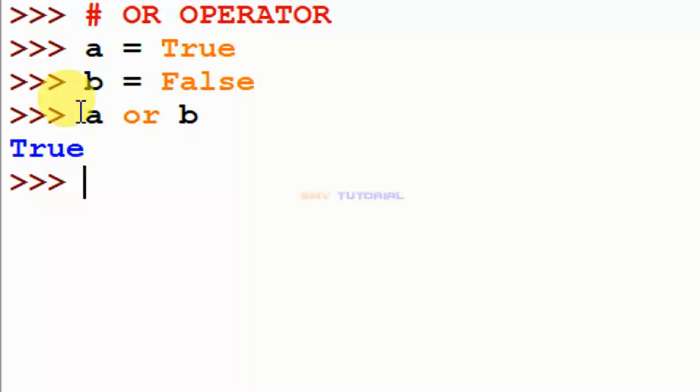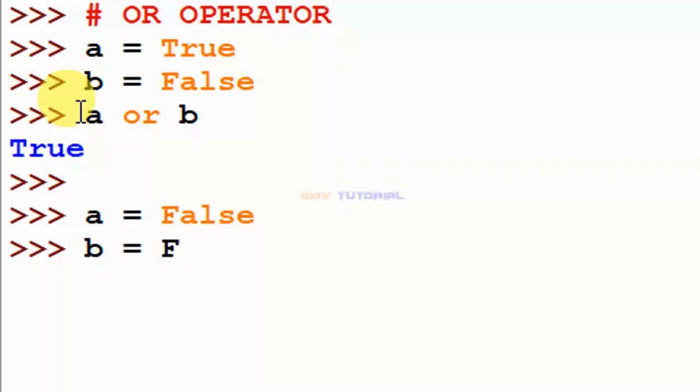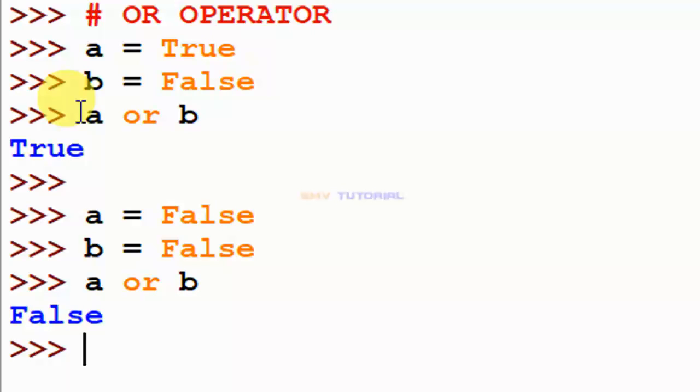And next, I check another condition. A is equal to False, with first letter F, and the other one is also False. This condition is satisfied as False. So I check A or B, and it gives False. Then I check with two True values.